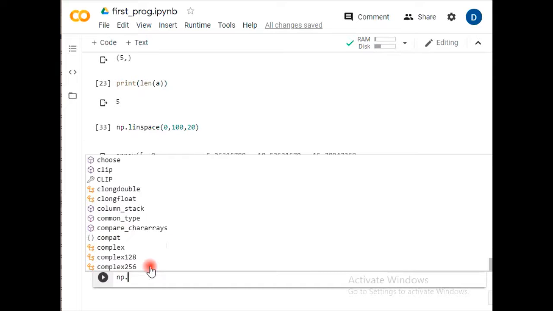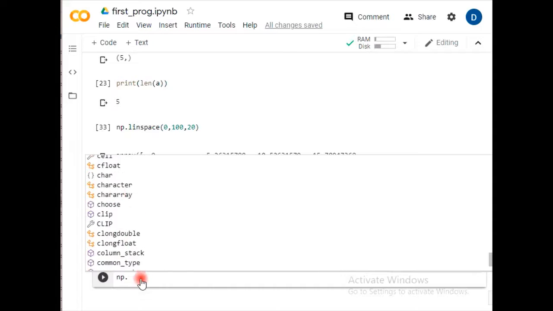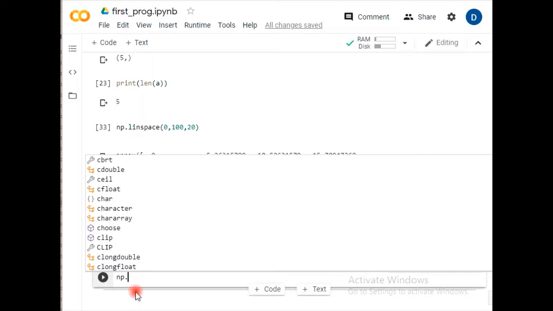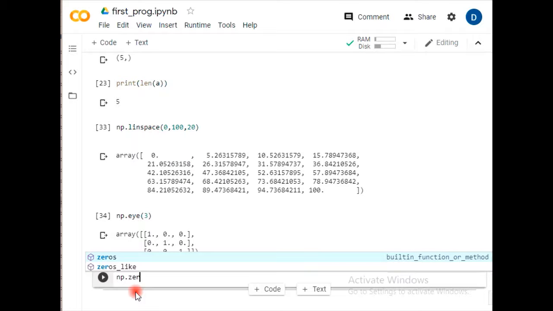With the help of all these, one can easily do different things. Putting np random, zeros, if you want to create some zeros here, it gives you the zeros. All these are available here. It means you can easily arrange and create your data as per your choice with the help of the NumPy library of Python.